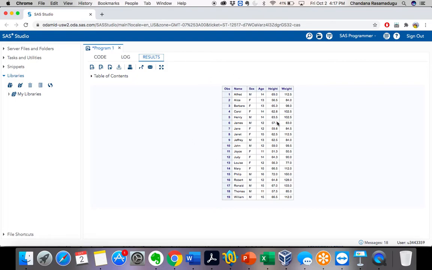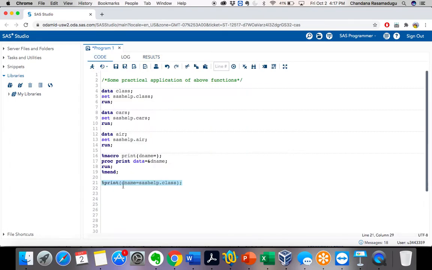See, now it printed the class dataset. For example, if I want to print the cars dataset and the air dataset, I need to give this statement three times, right? To print all three datasets, I need to give this three times. Instead of giving it three times, whatever datasets I want to print, I want to give everything here itself, not in separate statements like this.